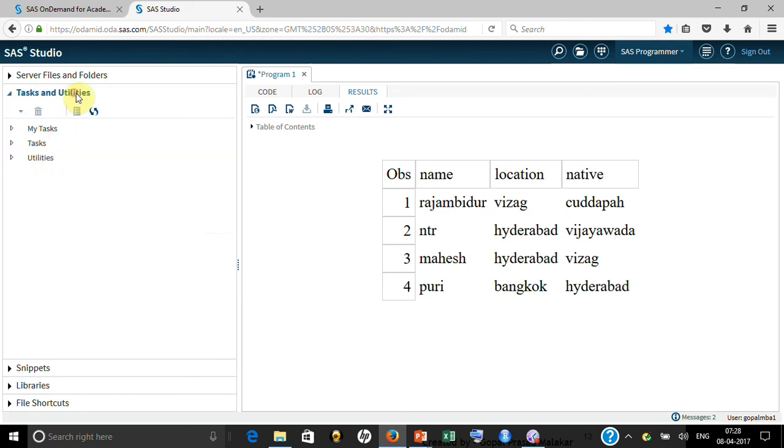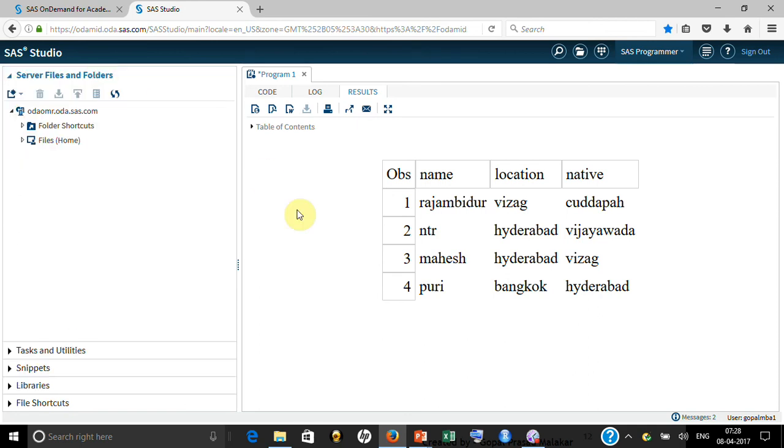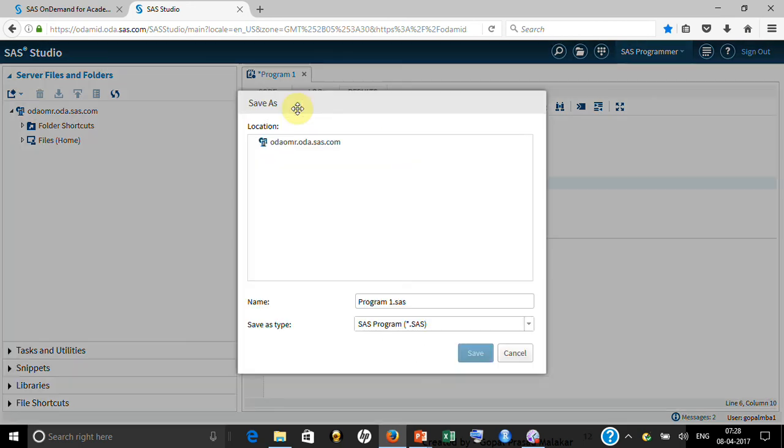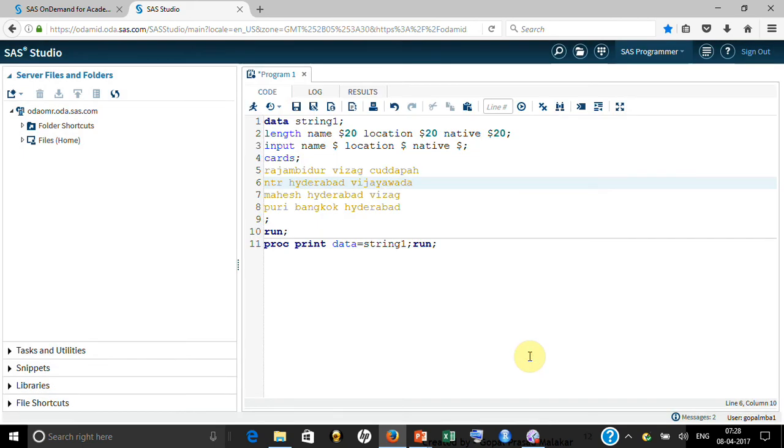You have tasks and utilities here. Mostly you will be using library, and you will be using server files and folders. In server, if you try to save this code like this, it will ask for this, and you can go and select the location and save that. That's where it gets saved, in server files and folders.